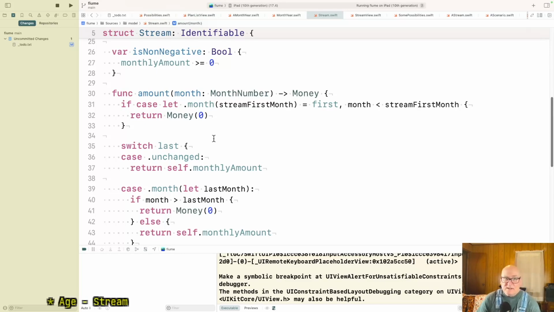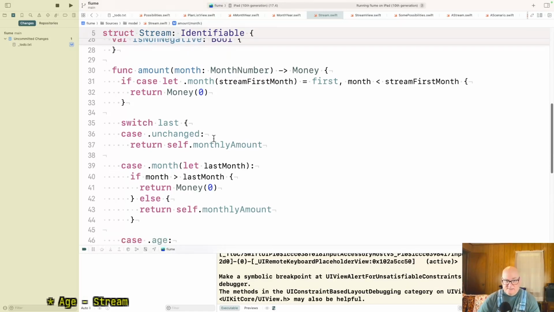What I think will need to happen is, if you're asking me for the amount in month number, I don't know. I think you're going to have to give me access to the people in this case. Now, does that pass the smell test?